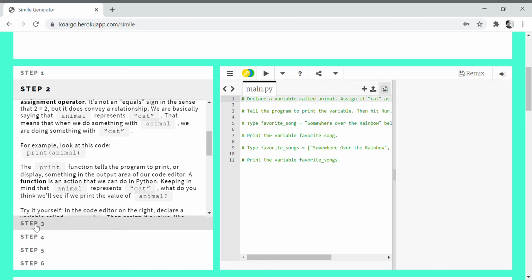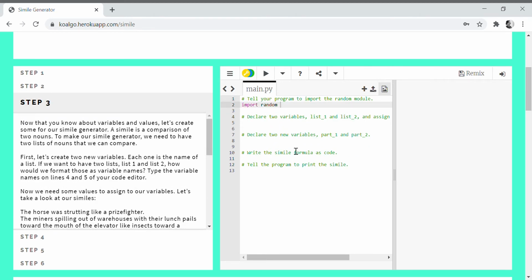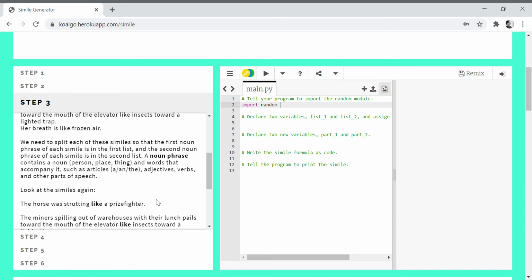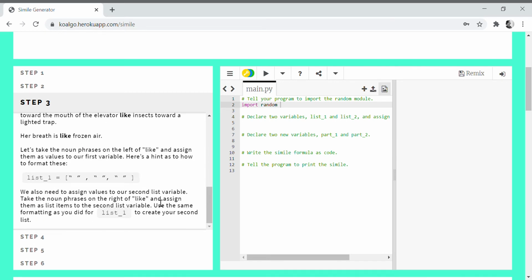Okay, so then you're going to have your students go to step 3, and if you notice, we have our import random here. So at this point, we want the student to declare two variables, okay? So think of a variable as a box, all right? And a variable is going to have values.